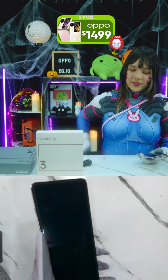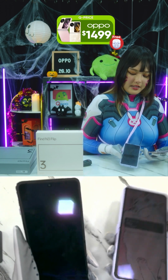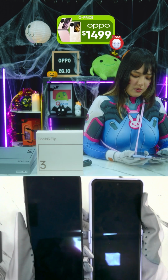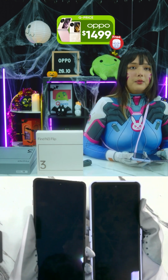Hello? Okay, so this is the N2 Flip. Oh my god, I have a WhatsApp message, don't worry about that. It is almost identical. If you look at the front part, they both have,